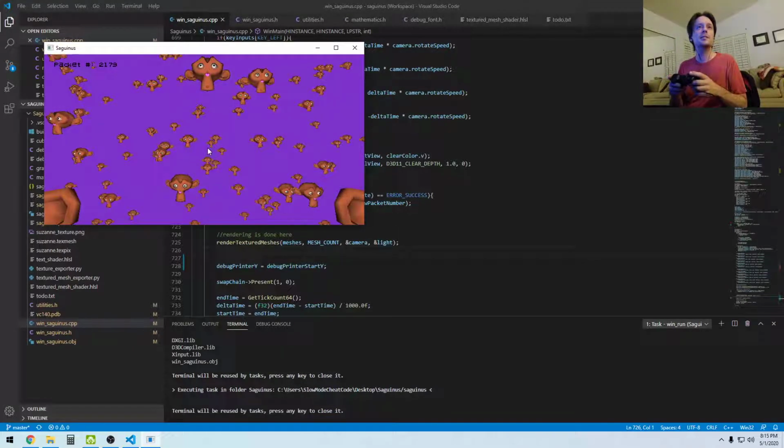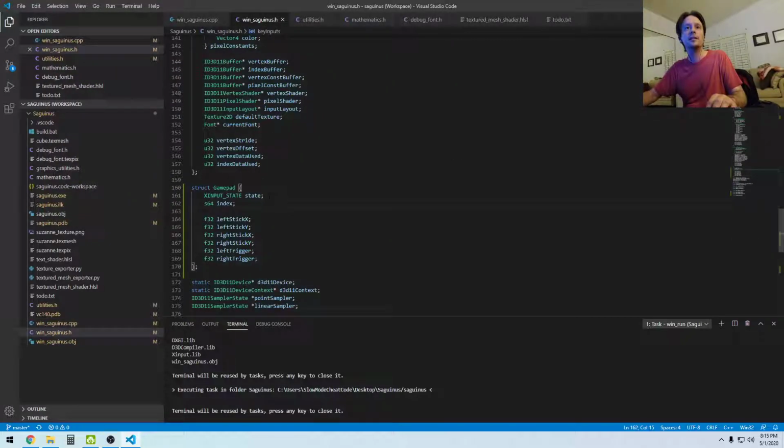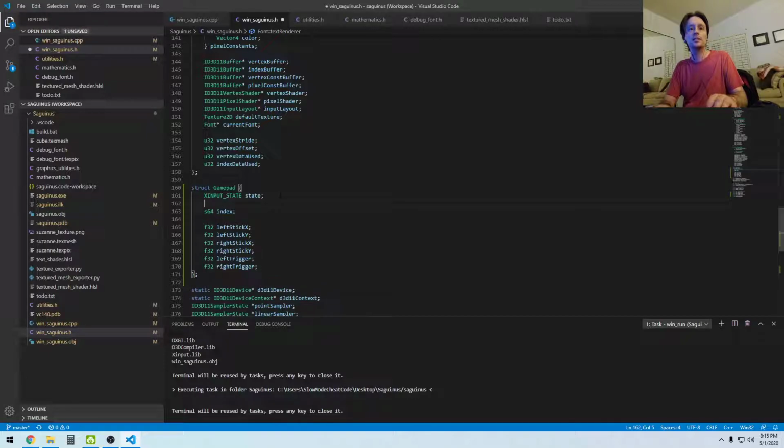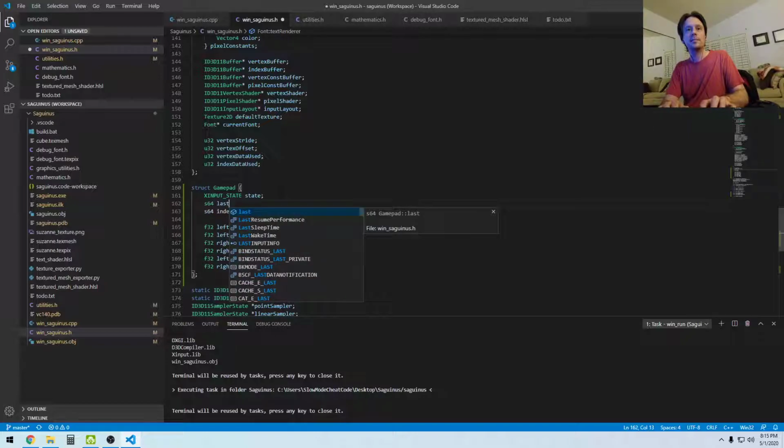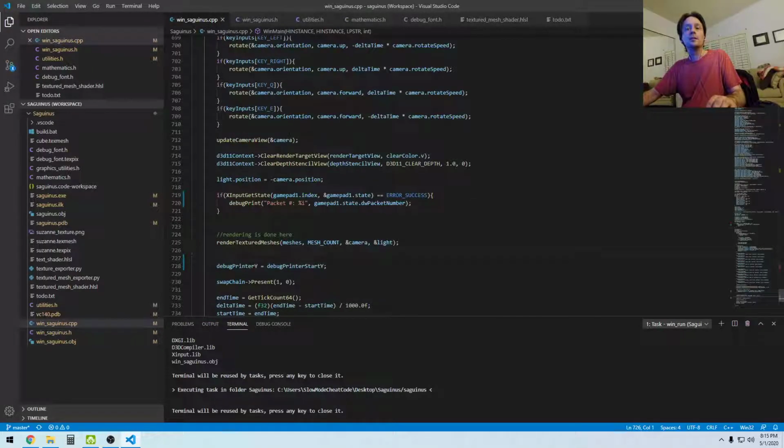Okay, so it's always the same. Okay, yeah, so every time I press a button, it changes. So yeah, okay, I'm going to keep track of that. So let's go here to my gamepad, and I'll call this signed 64, last packet. And then, so yeah, every time here, so if it's equal to success,